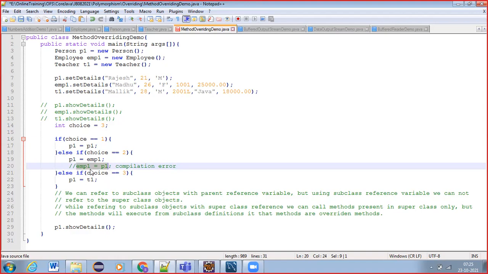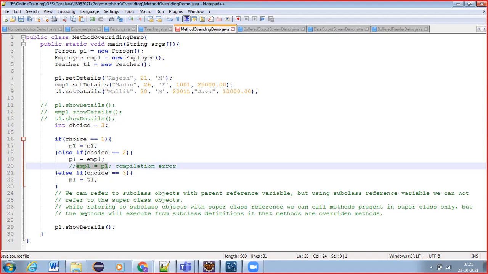And next, the basic point we need to remember is that a parent class reference can hold a subclass object, can be used to refer to the subclass object. The next point is that the reverse is not possible, meaning using a child class reference you cannot store a parent class object. That will not be possible.